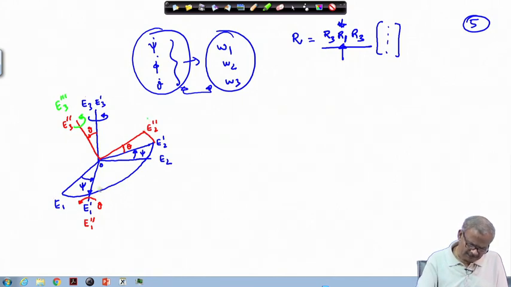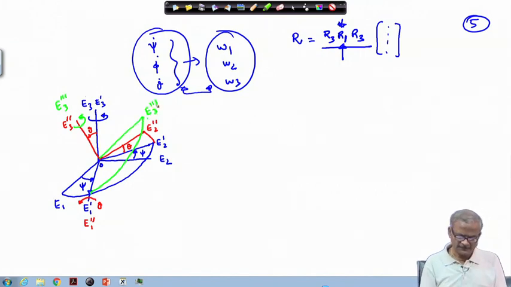Now, this is the x axis and this is the y axis of the rotated frame. So, it will rotate in this plane and it will go out like this, from this place to this place, and here this is your E3 triple prime, and this particular line will come from this place to this place. Okay. So, this angle is your phi and this angle is your psi. Notice that psi and phi are not in the same plane.